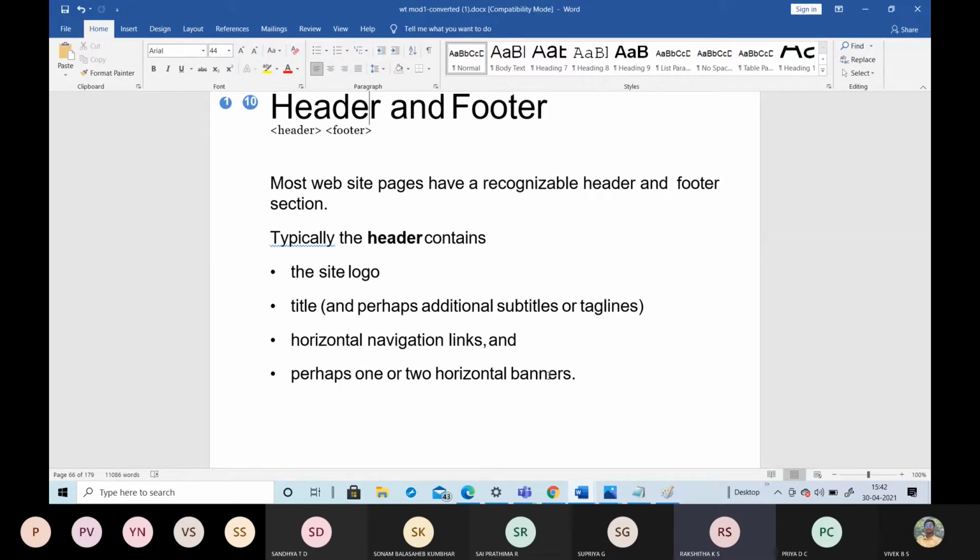These are basic information we have already seen. The headings can be h1, h2, h3, h4, up to h6. These can be contained in the header.